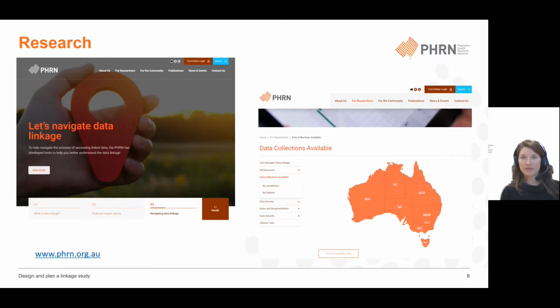So speaking of some of the data sources, how do we find what data is available? A good starting point is the PHRN website, which is just shown in the bottom left hand of the screen. It contains information about and links to the more frequently requested datasets available from each jurisdiction. This is not an exhaustive list,